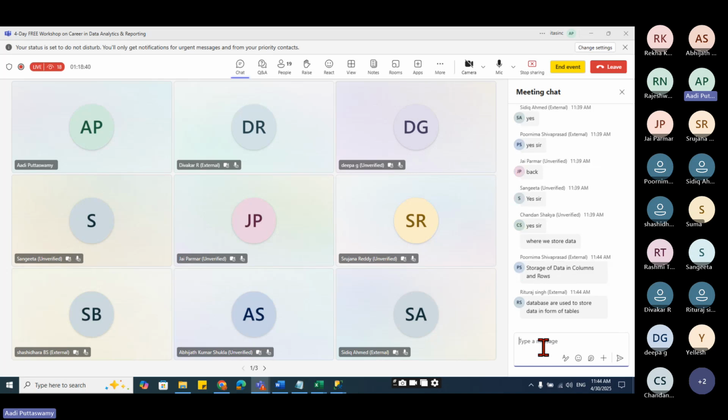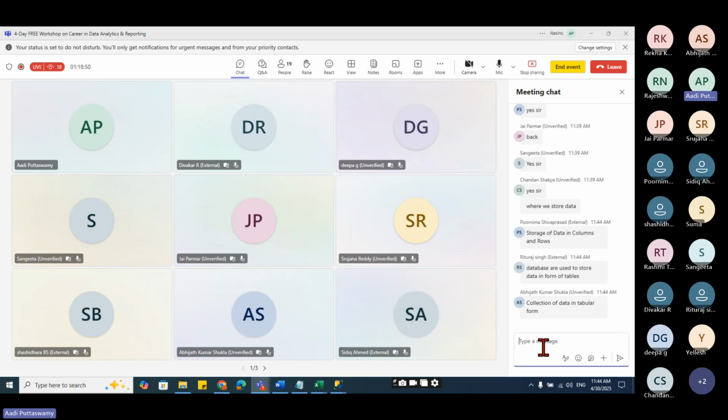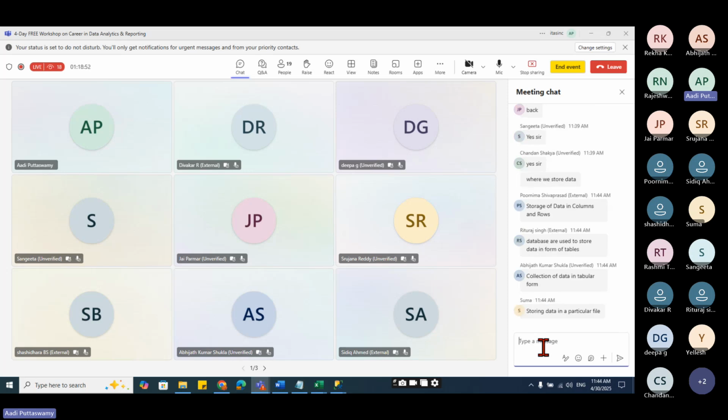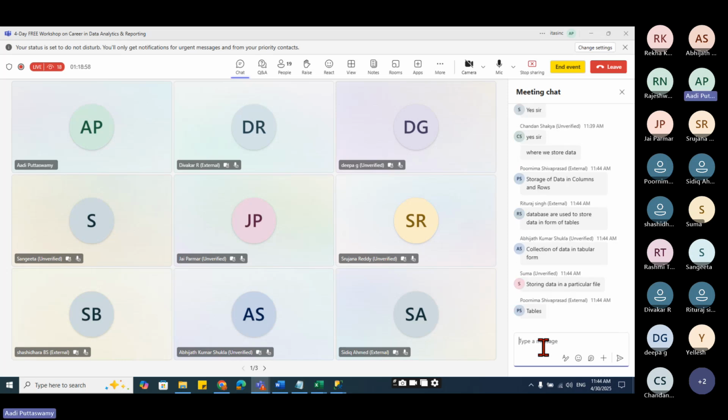Very good. Storage of data in columns and rows. Say I'm storing the data in the form of rows and columns. What is that object called? Purnima, if I store the data in rows and columns, what is that object called?